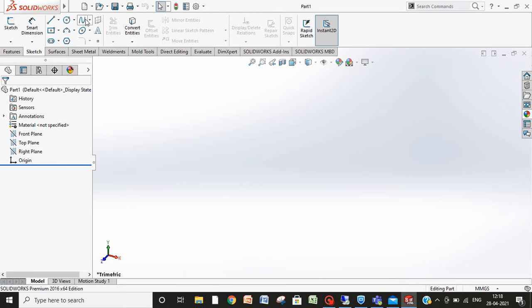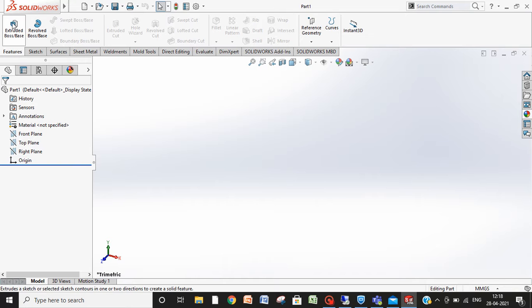Here is spline, which is used for a continuous curve, and this is ellipse. This is offset: if I have a line and I want to copy that line at some distance, use offset.